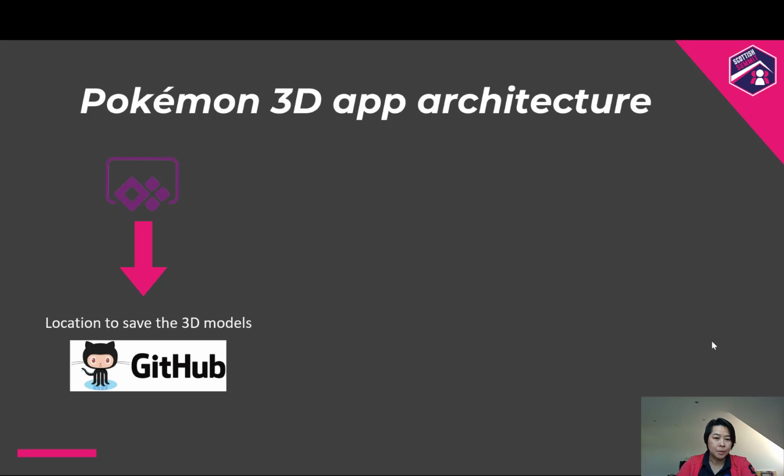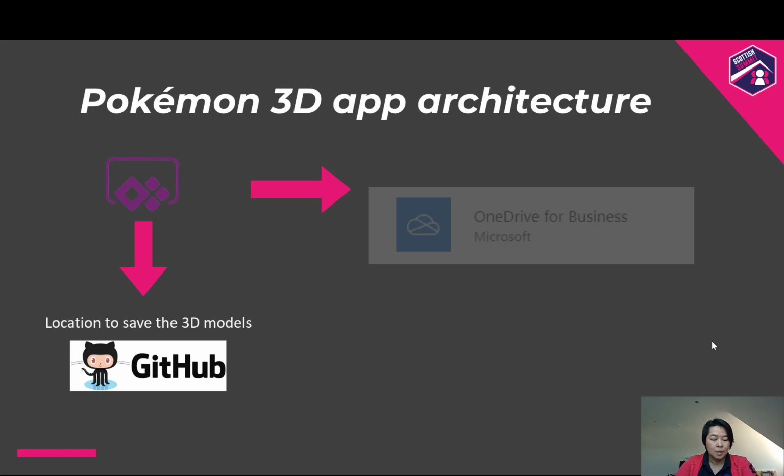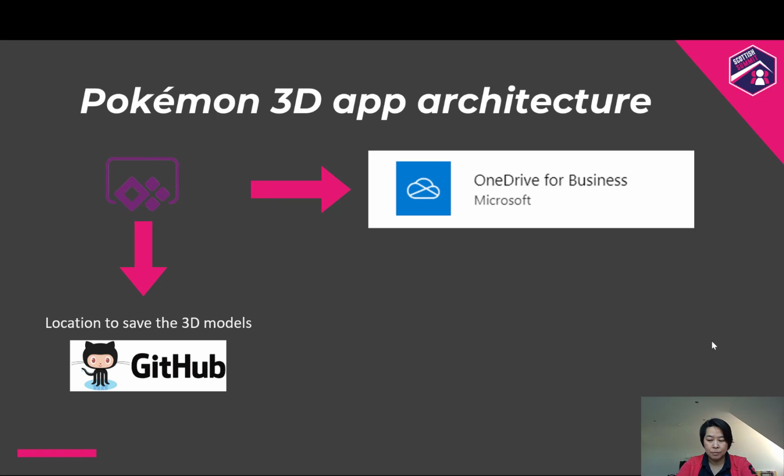Of course, you open the Power App Studio, and you find a location to save your 3D models. It can be SharePoint, OneDrive, or GitHub, but it must be a location where Power Apps can grab the 3D models. So that's the first thing you have to think about. The second, in this case, in my Pokemon